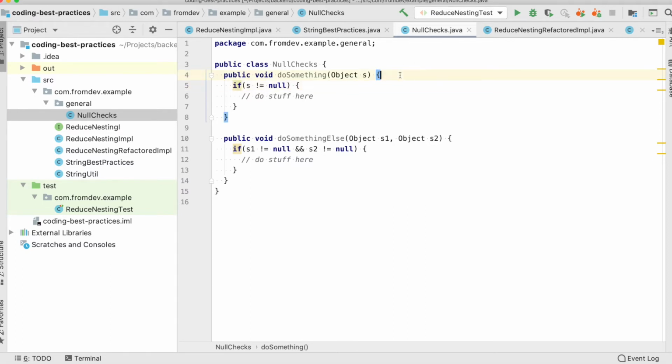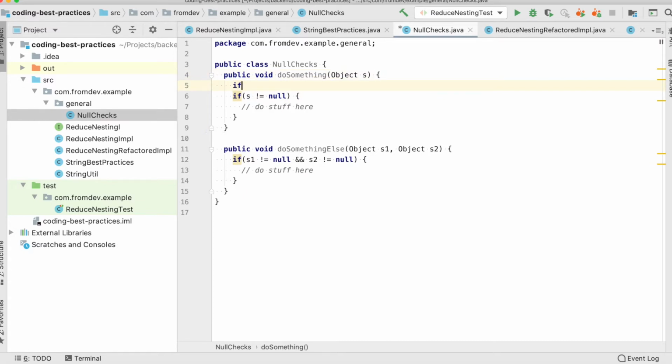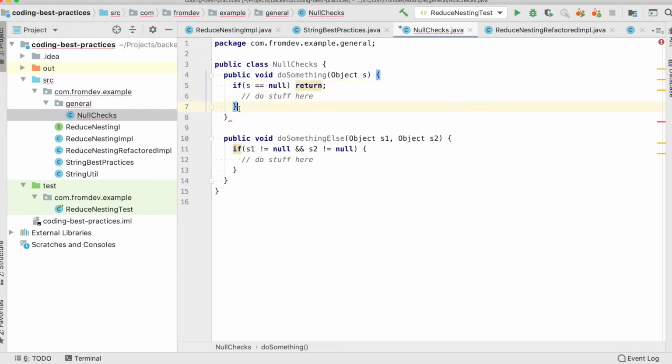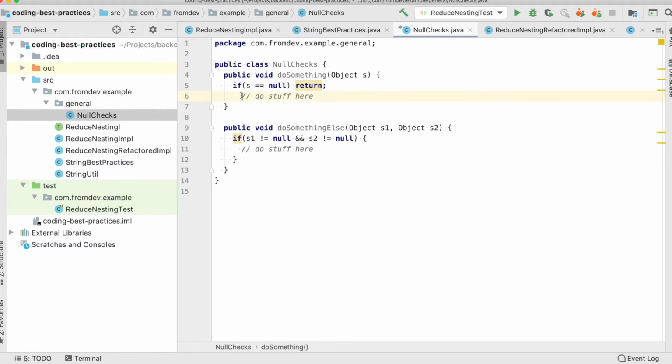So what you could do here is say if s is equal to null, return, and then you can get rid of this nesting altogether. If you can see, there's no condition anymore because the first line itself returns, and the rest of the code is without any nesting.